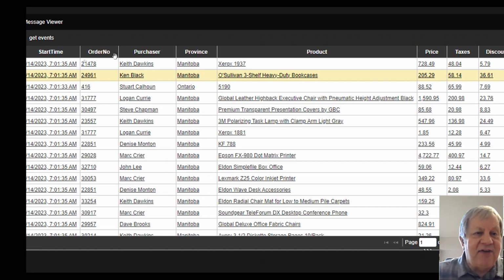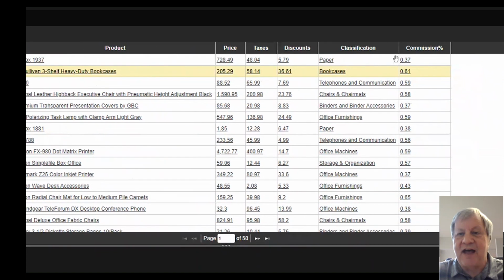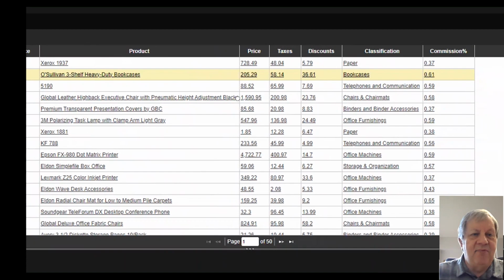But I did figure out by looking at it that it had an order, it had a name, it had a province. Apparently my data came from Canada. It had some sort of a product code with some prices and other information, right? And you can see I sort of grouped these out here and there.